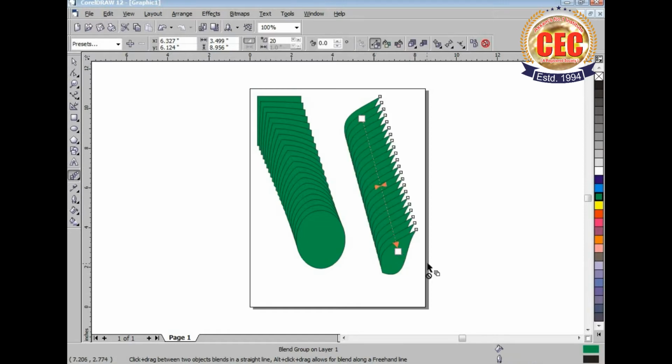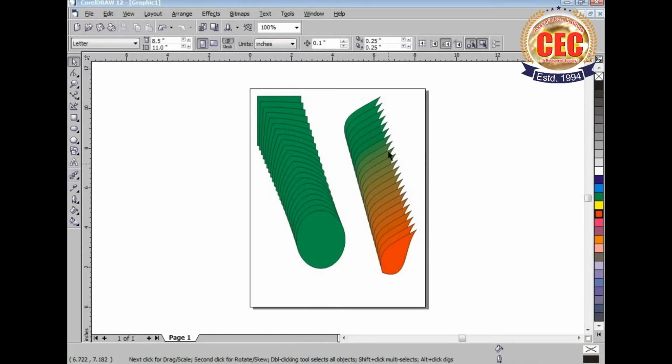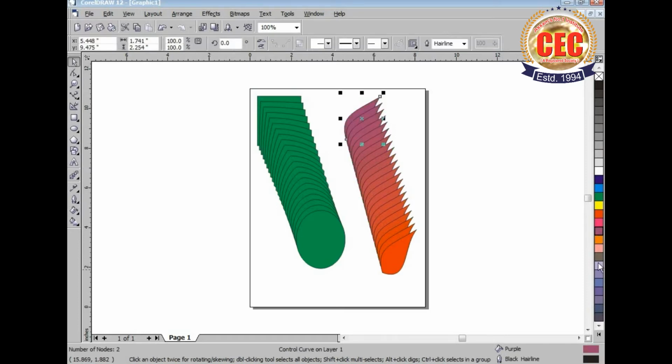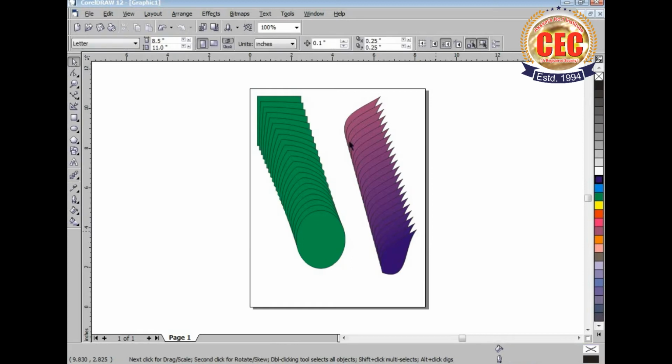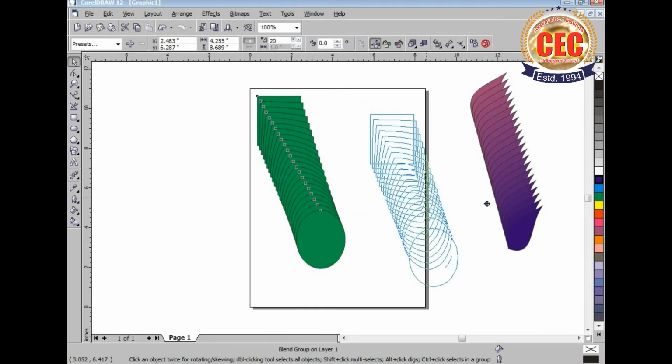Click on this leaf and drag it to the other one. You can also change the color of this leaf. Then you can see it has been blended with double color. This way you can add different colors to create a different graphic by using the interactive blend tool.